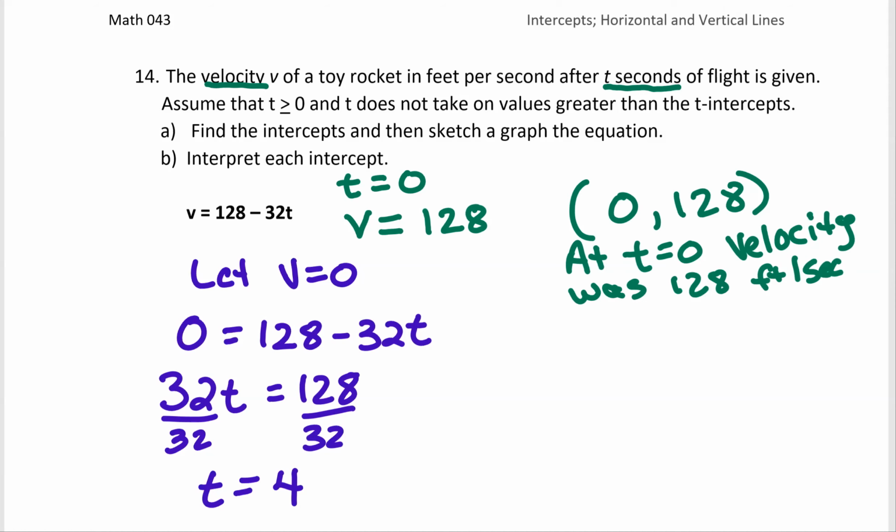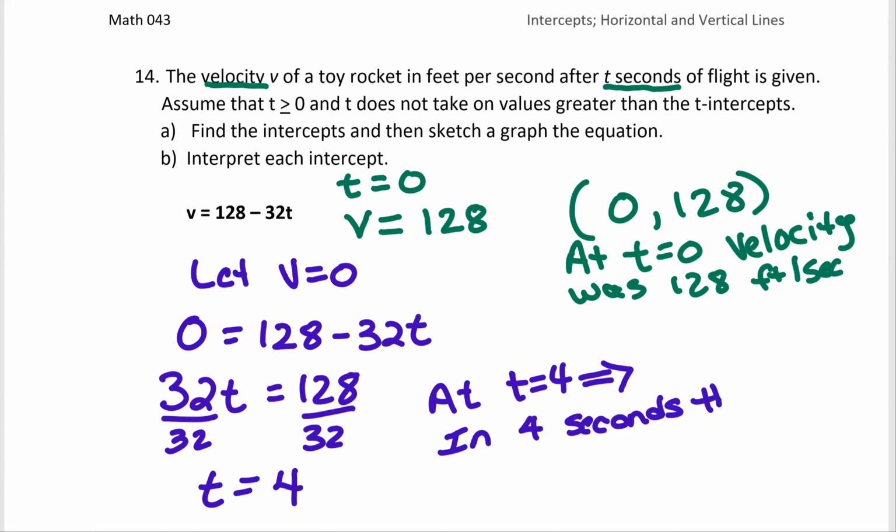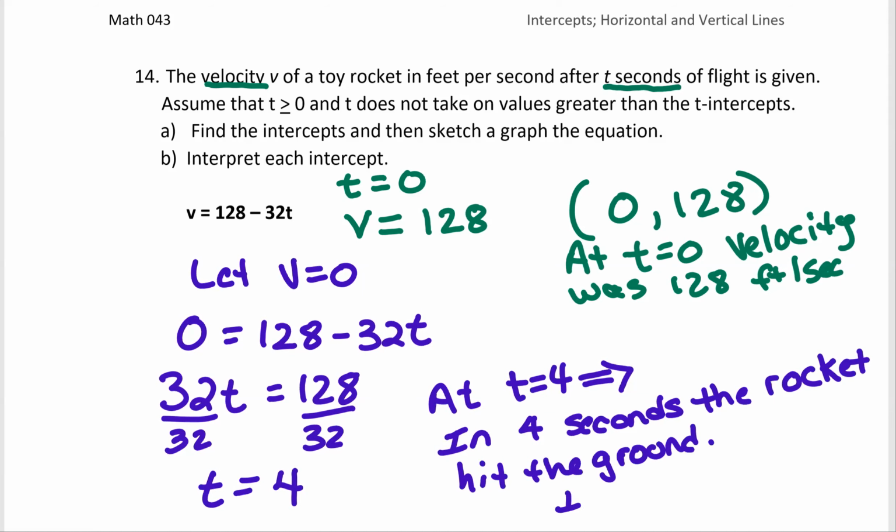And at t equals 4, that means that in 4 seconds, the rocket hit the ground. Or you can say its velocity is 0. So if we sketch a graph,